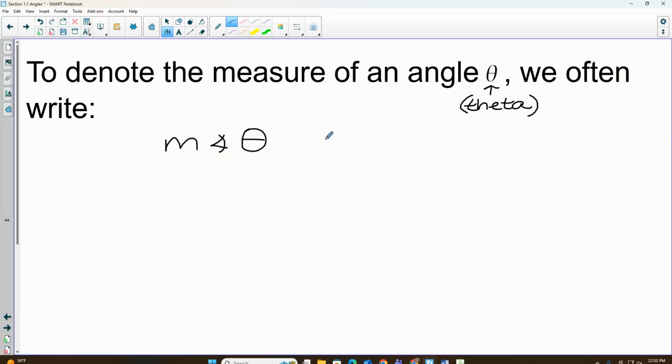It's saying what's the degree measure of angle theta. So that's just a notation. A lot of times we'll use that if we have multiple angles that we're talking about. So I could say the measure of angle A is this, the measure of angle B is this, and so forth. Apparently, for whatever reason in trig, they ran out of English letters and we switched to Greek. I don't know. But. All right, the new piece